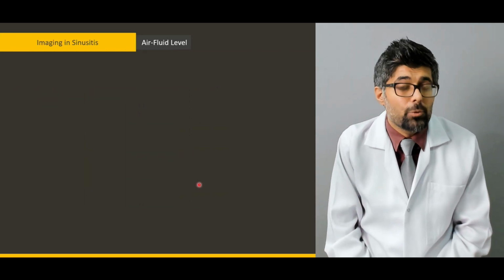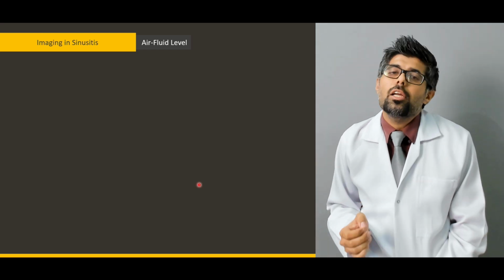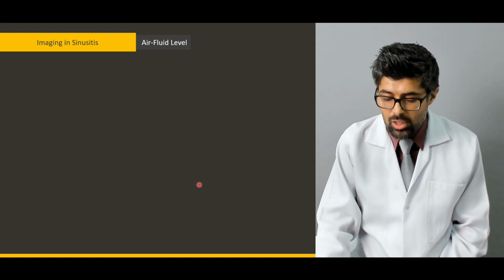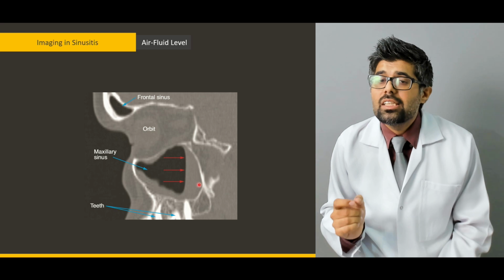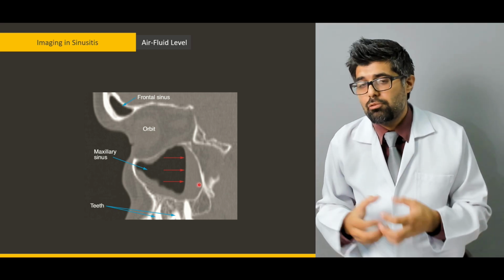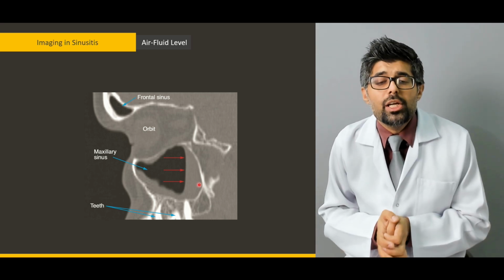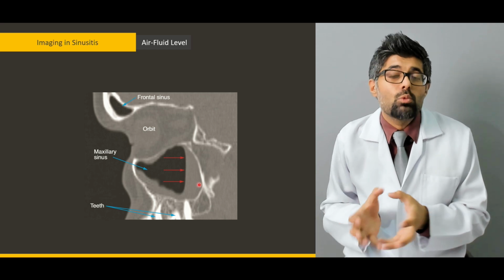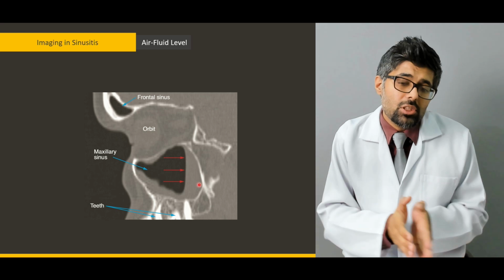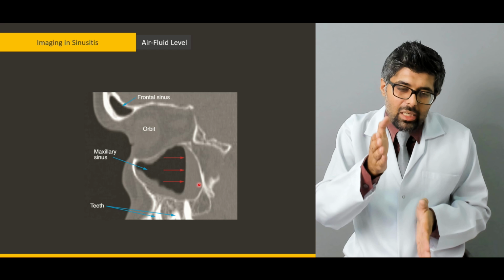Next, the air fluid level. Now the air fluid level is particularly important during purulent sinusitis. Purulent sinusitis is when there is pus or pus-like discharge from the sinuses. Now, this CT scan was taken when the patient was in the supine position. He was lying down. When he was lying down, the maxillary sinus showed a cleared level